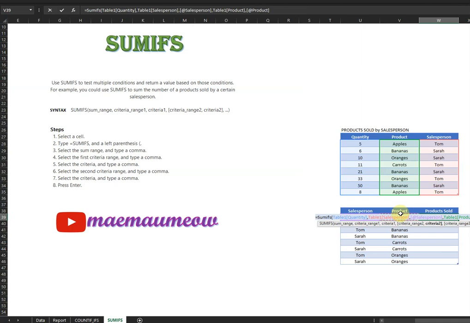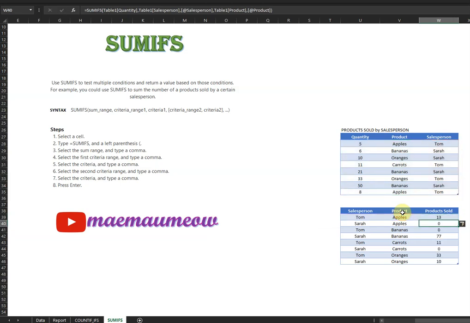Since we only have 2 criteria to consider for this formula, we can close our formula. So we'll use the closing parenthesis, or the right parenthesis, and press enter.